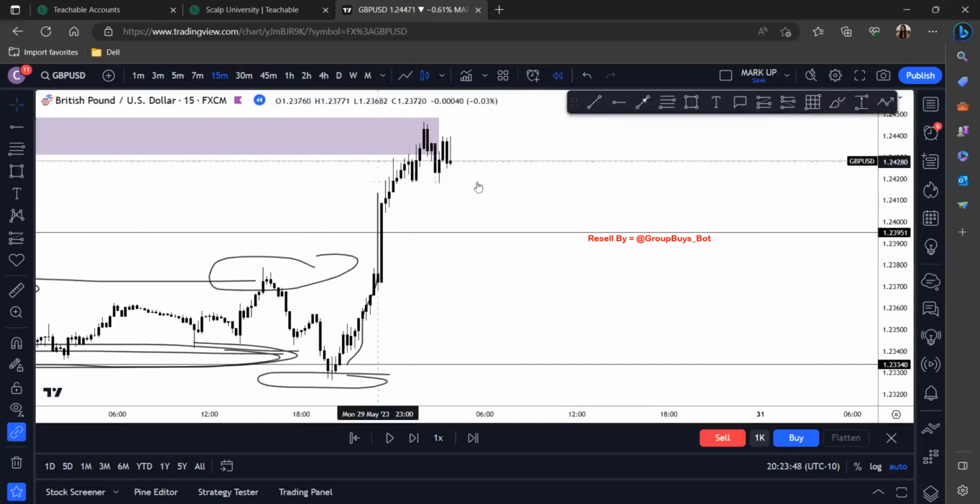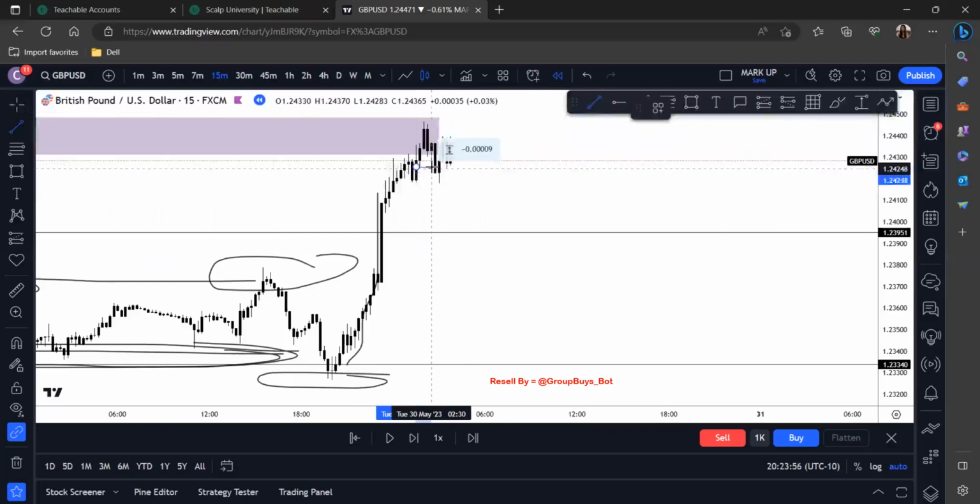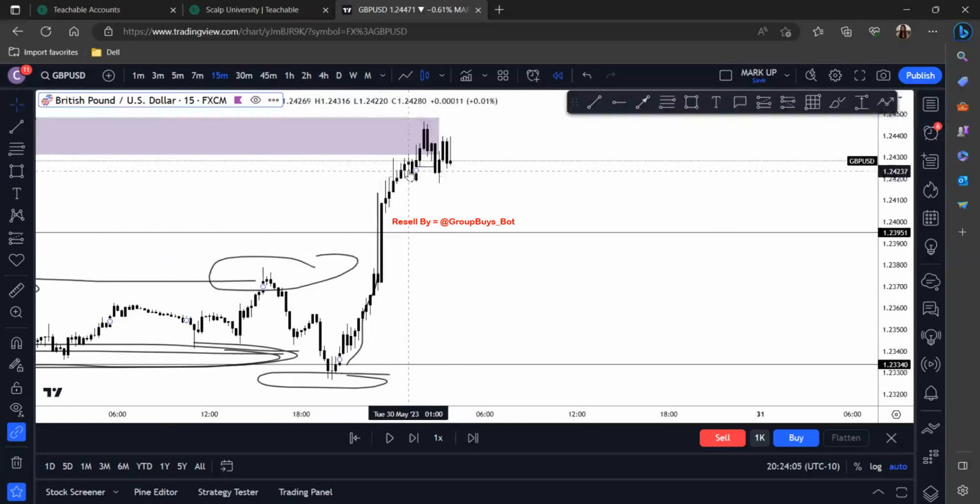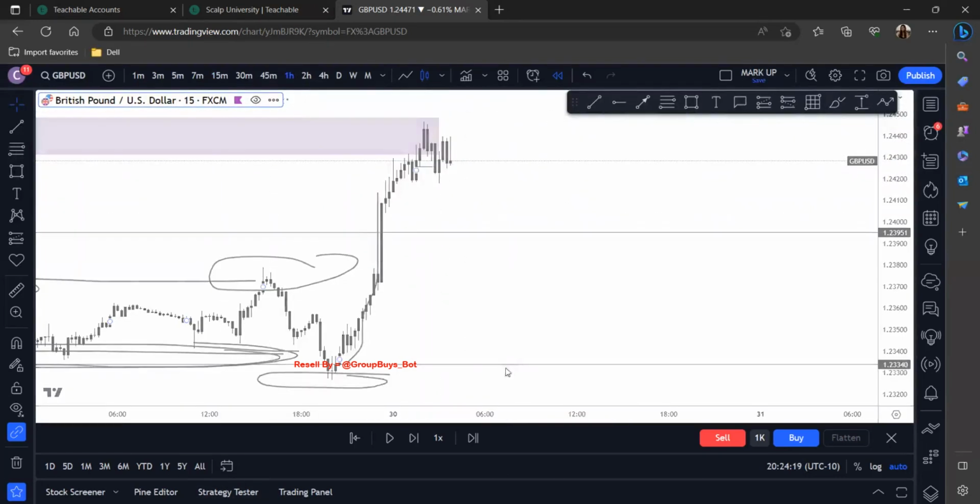So what had happened here? We already pretty much broke structure right here, even on the 15-minute. I don't know if you see it or not, but we broke structure here, and it can be minor structure. I would consider this a minor 15-minute break once price breaks this structure. But if we went down to the 5-minute, it would definitely have been a major 5-minute structure break, and I would have probably taken this. But we see what's happening here. Then price is going to start to form a new 1-hour trading range, so we'll go back to the 1 hour.